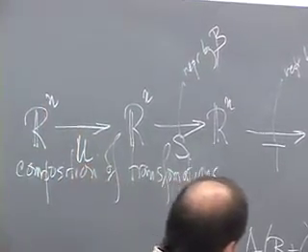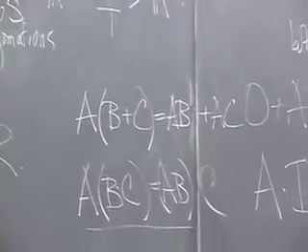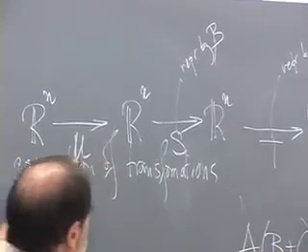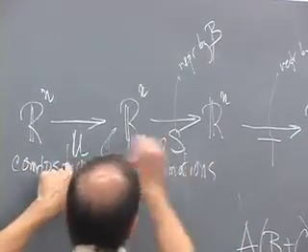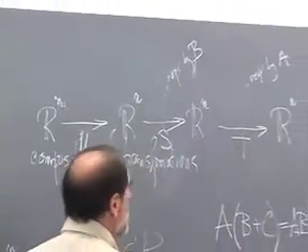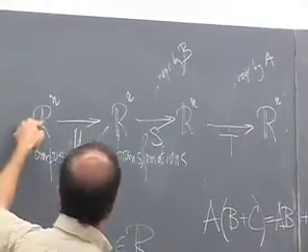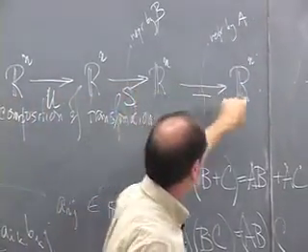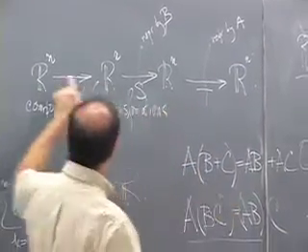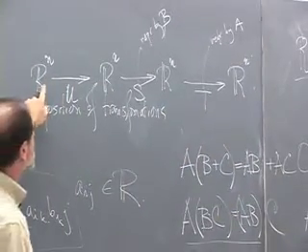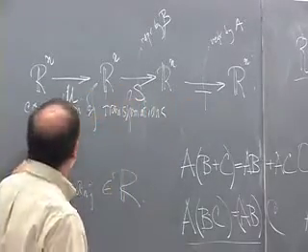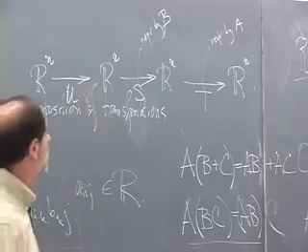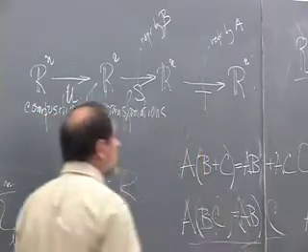And to do A composed with B and C would be first compose S with U and then compose with T. And to do this the other way would be first compose U with S with T and then compose with U. But both ways of doing it are just giving you the composed transformation where you take U and then you take S and you take T. Namely, the effect of this on any given vector in Rn is to calculate T of S of U of V, no matter which way you do it. So if you think of it in terms of composition of transformations, this associative law is more or less clear.